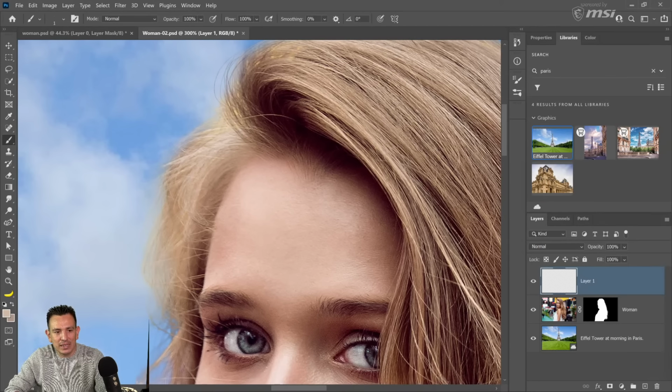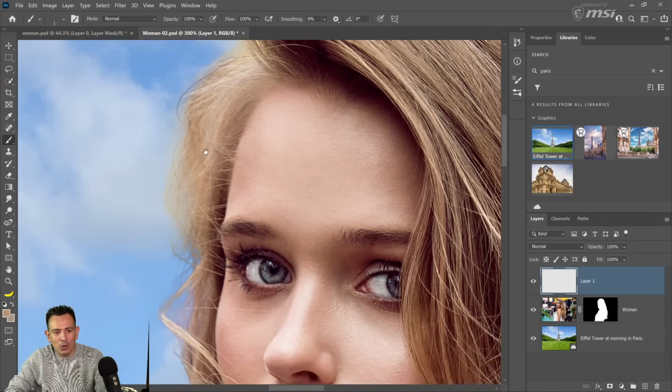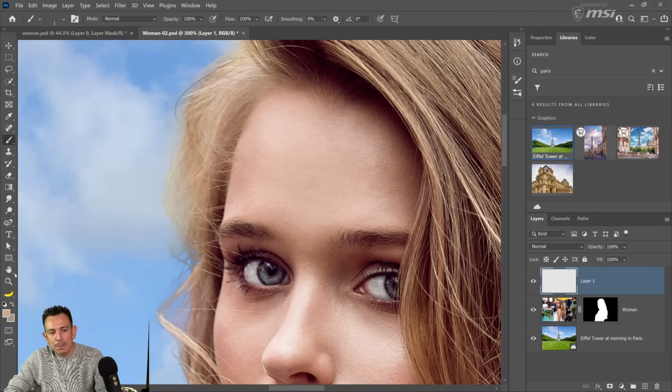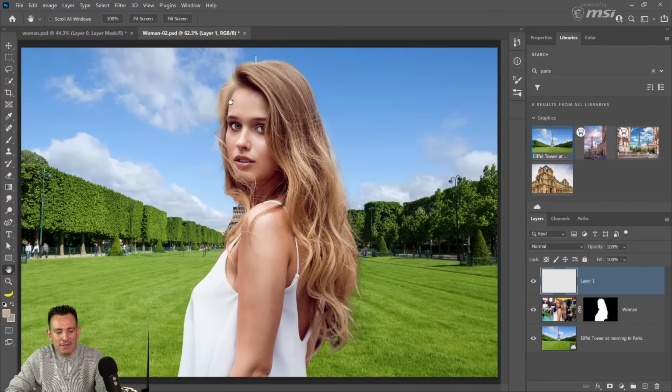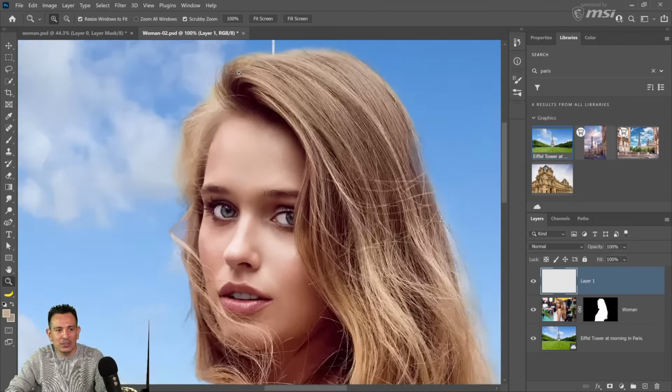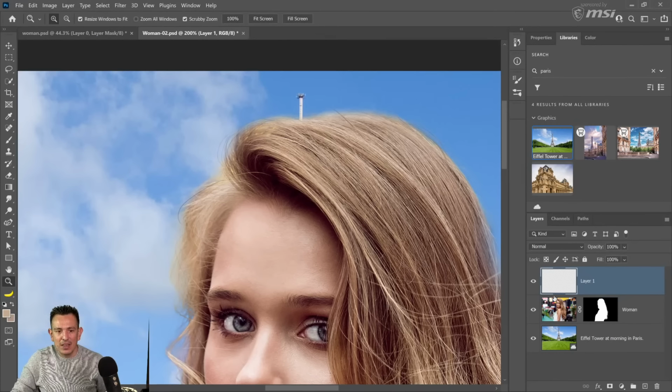This is one of the things that you can do. And just select different strands of hair or different colors to paint your strands of hair. Don't make them all the same. But the point is that once you're done, you're going to have a much more realistic looking image than just simply